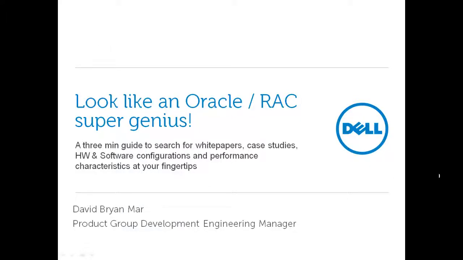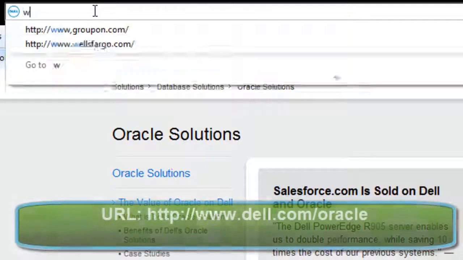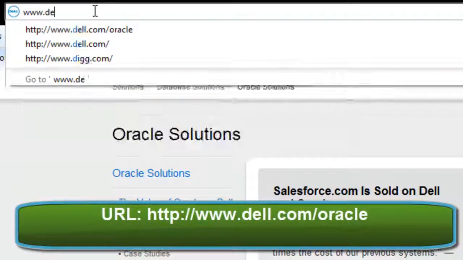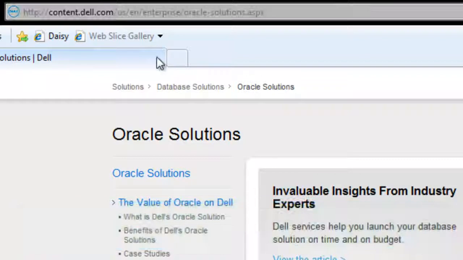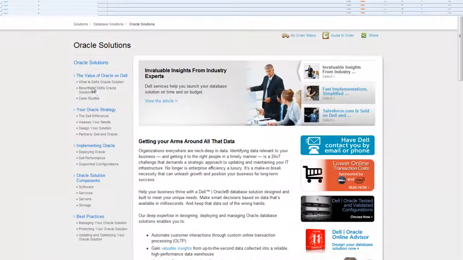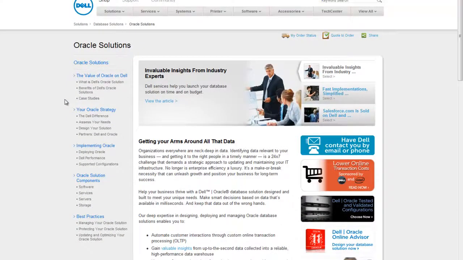Today I'm going to tell you how to go to the Dell.com/Oracle site and find white papers, content, briefs, and case studies. So the first thing you're going to do is go to www.dell.com/Oracle. This will lead you to the main page, which I'm already on, and it will show you a couple